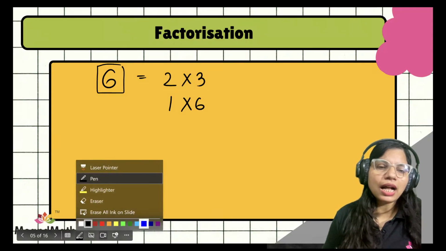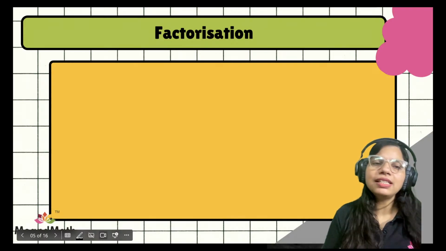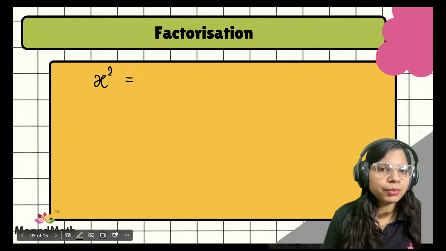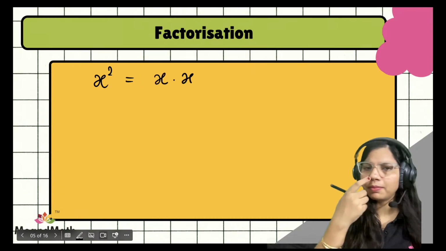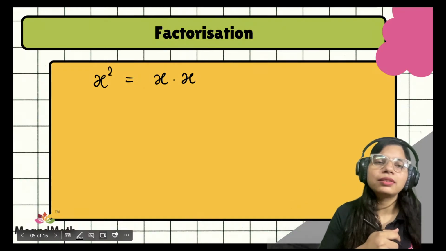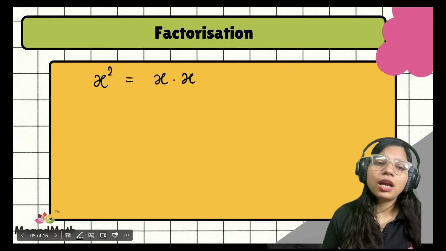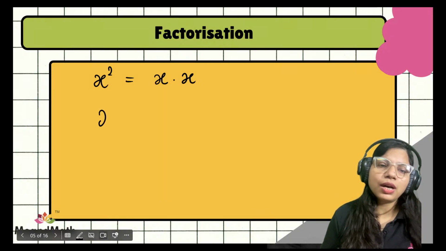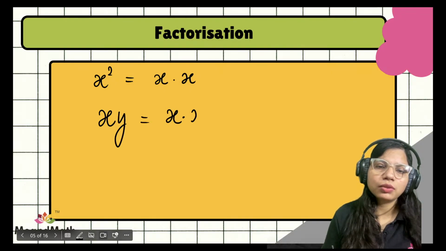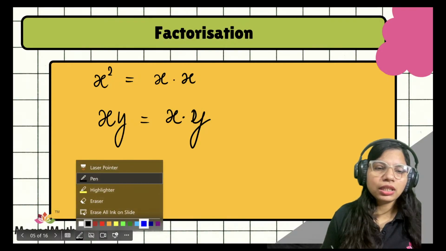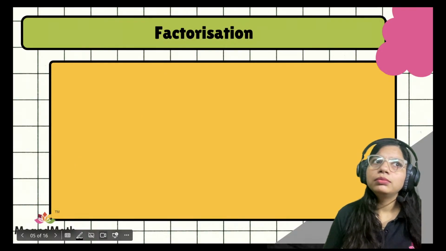Now, when we talk about algebraic terms, how about x squared? What will be the factors of x squared? Simple, multiply x by x. x times x is x squared. So the factors of x squared are x and x. If I ask what are the factors of xy? x and y. x times y gives you xy. Okay? Make sense? Similarly, if we talk about